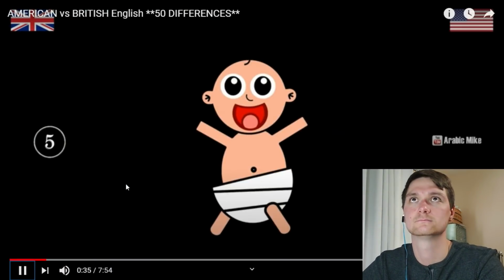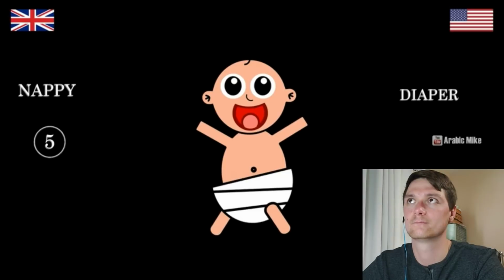What's the baby wearing? The baby's wearing a diaper. We call that a nappy. Huh. I guess you put a nappy on a baby when they sleep, which is all the time. I understand that word better than diaper, because even though I don't really know where the origins of diaper come from, I just associate it because that's what everyone says, but I don't really know the meaning. Whereas nappy, you kind of can guess where it comes from.